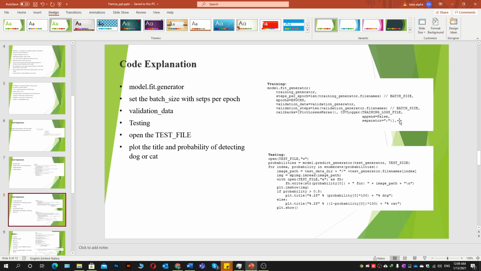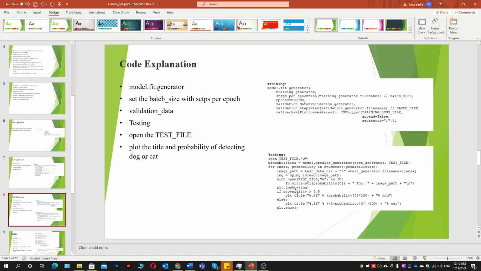Here is the code which is implemented to classify with deep learning. Now the testing session: open test, and for index, probability in the image batch, image with open,